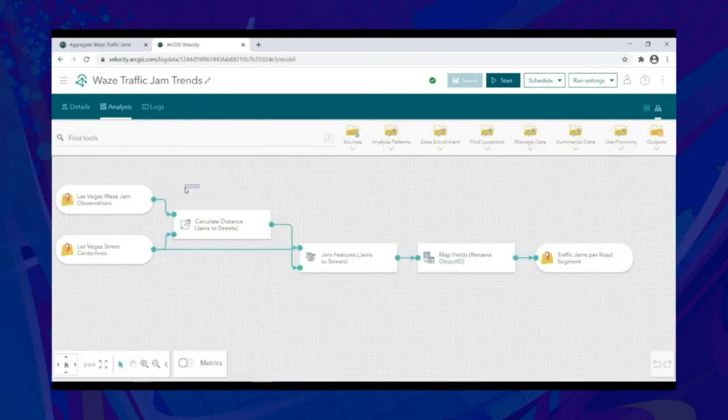Now, the simple model you see here is what allowed us to derive traffic jam counts for each street segment and then visualize that information as feature records in the previous web map. At the start of our model, we have a feature layer data source called Las Vegas Waze Jam Observations. We use this data source to pull in all of the traffic jam observations from the last 2 weeks as